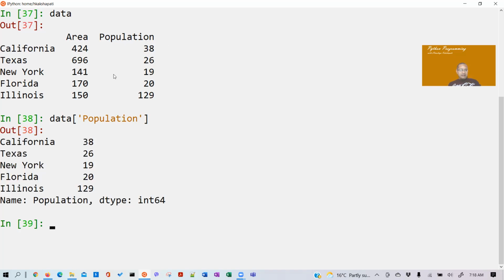Like series thing, right? So this is going to be a series, right? When we are just accessing or subsetting one column, this is only one column, right? Okay, so likewise,